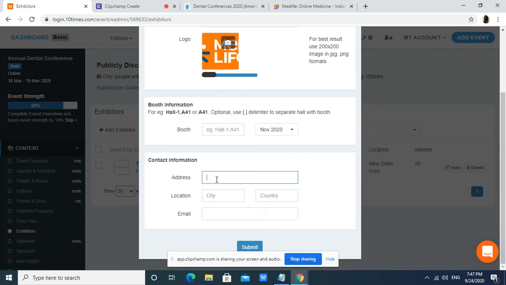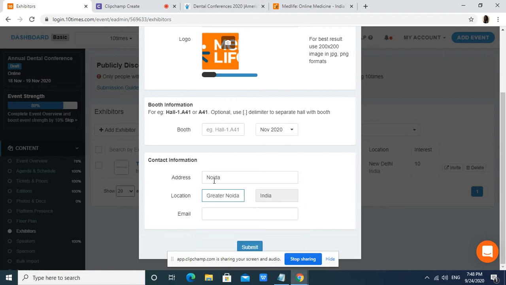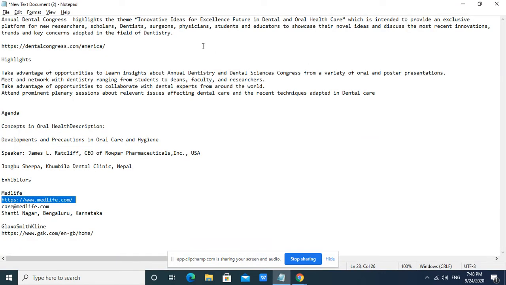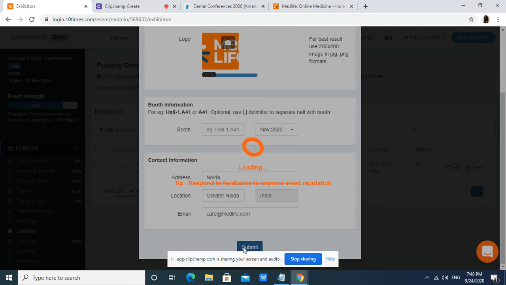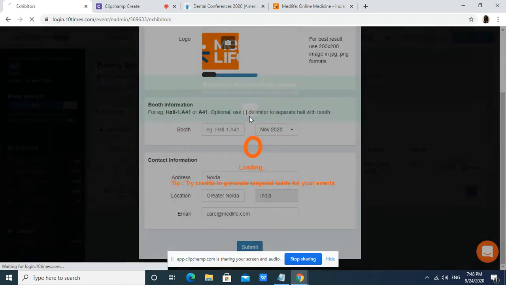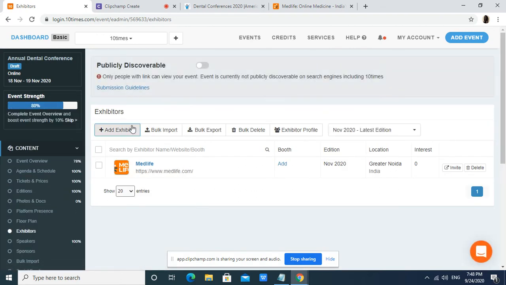You need to enter their contact information as well, such as email ID. So you can see multiple exhibitors can be added just by clicking on this Add Exhibitor tab.